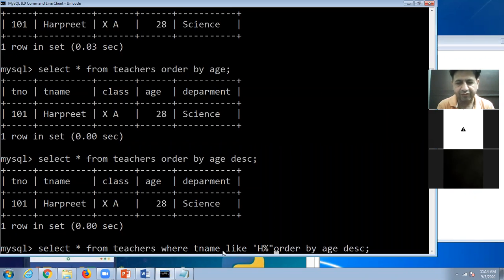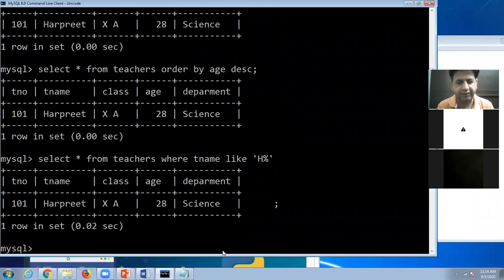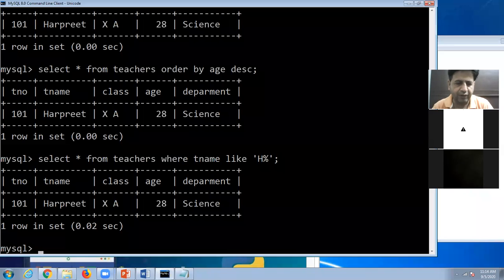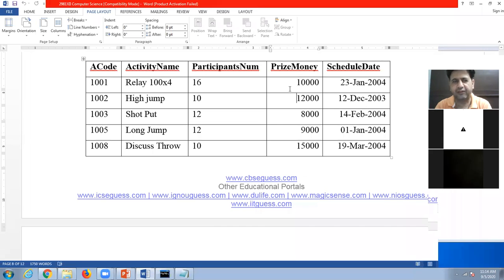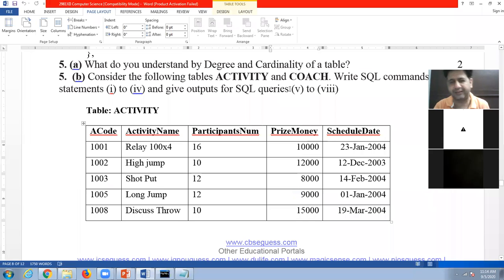H means the first letter of the name is H, and the rest of the characters you don't know. So these are called wild cards. And remember one thing. Now, first of all, I am going to show one sample table. By using that, I will discuss different SQL queries.